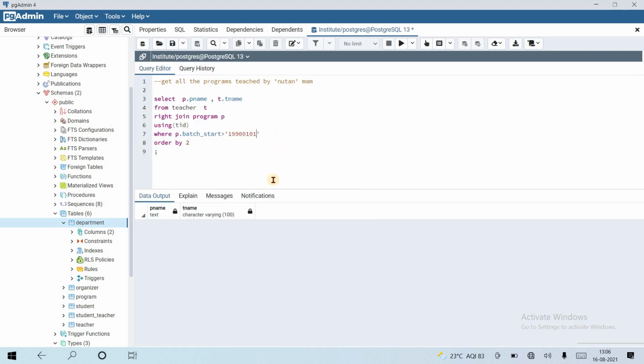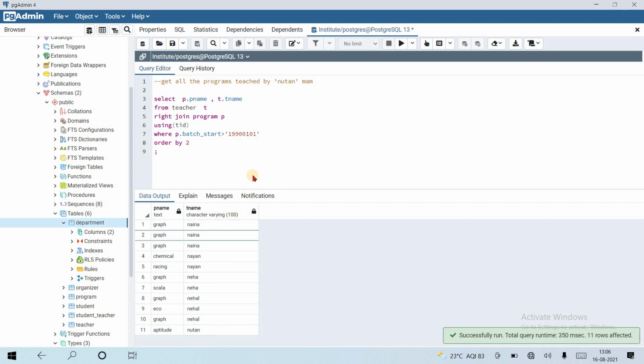That's it. Now let's run the query. It will fetch a result. Why is it not filtering Nina? Because there is no match found for every TID with every program's TID. That's why it is giving an error or fetching no value. That's it. Okay.